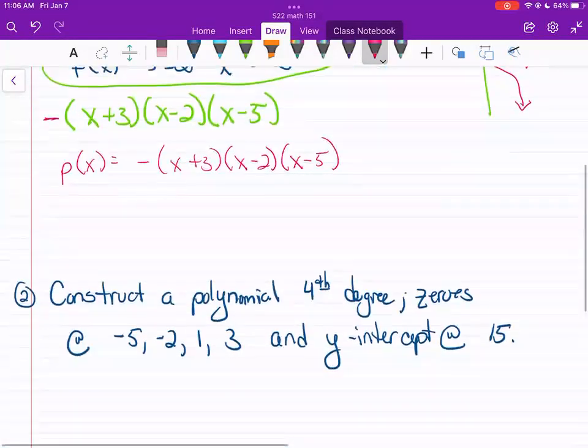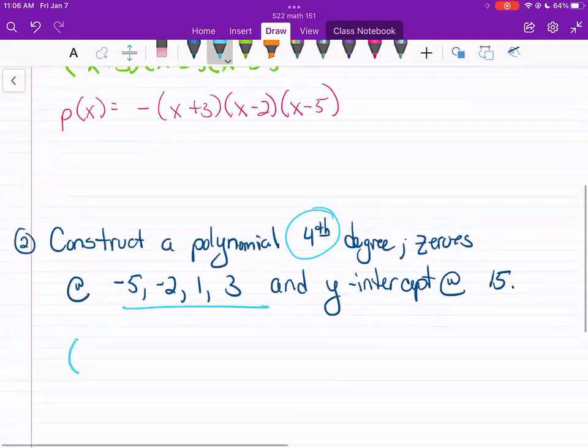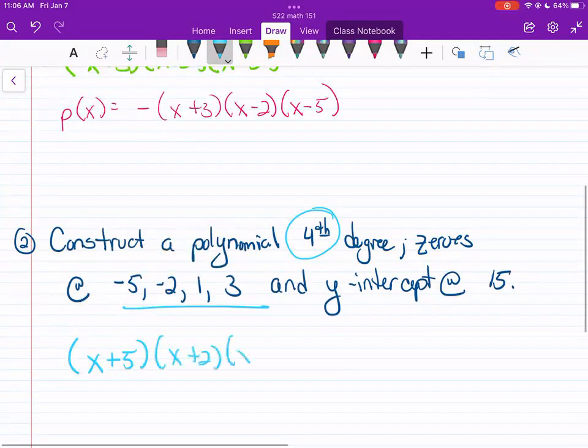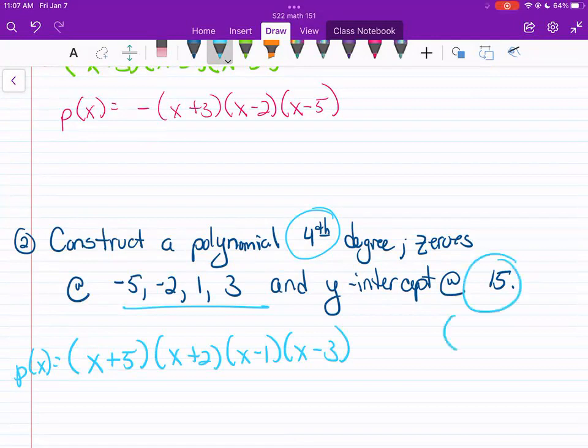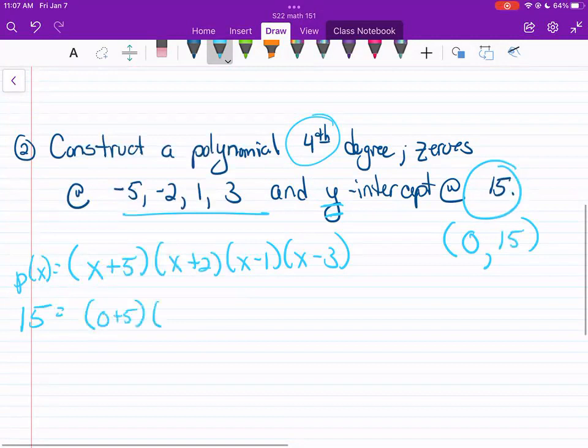A second example: if we're constructing a fourth degree polynomial with these zeros, those zeros allow us to write the factors. But in this case, it's fourth degree. It doesn't tell us whether the leading coefficient is positive or negative, but it does tell us that we have a y-intercept at 15. Well, a y-intercept, by definition, has an x value of 0, which tells us that we can plug in 0 for all the x's,